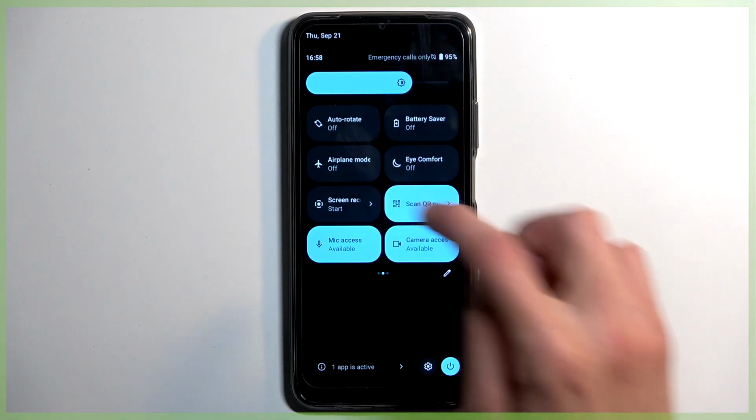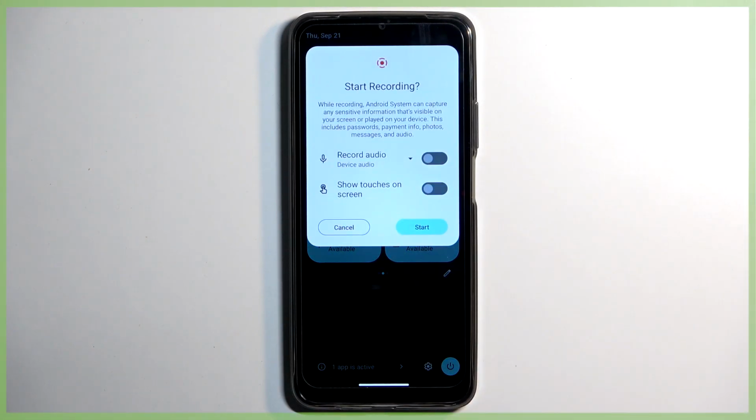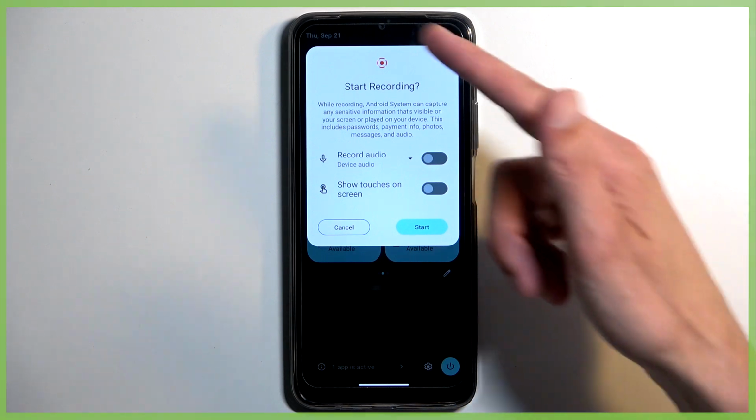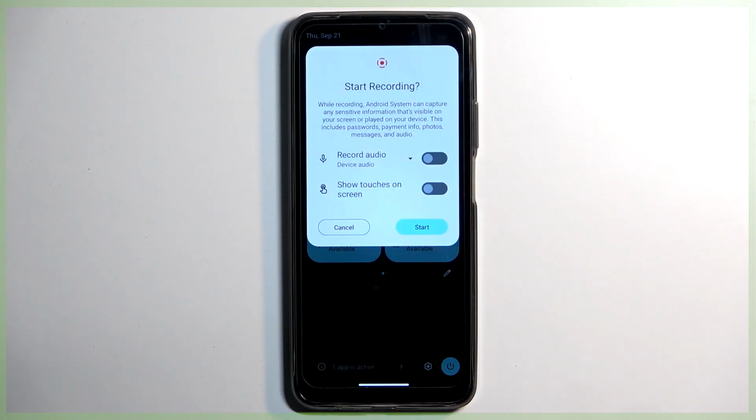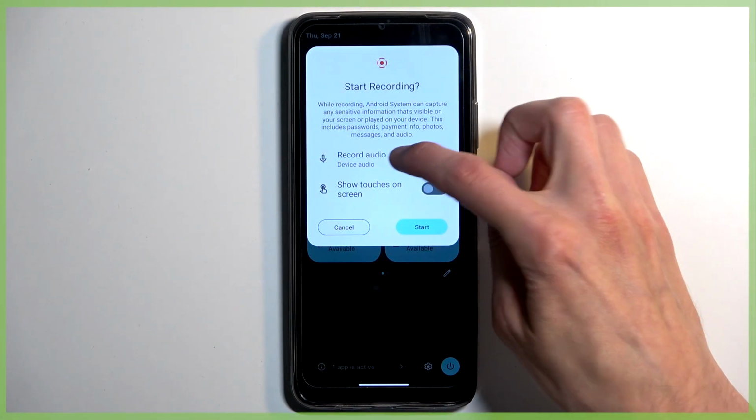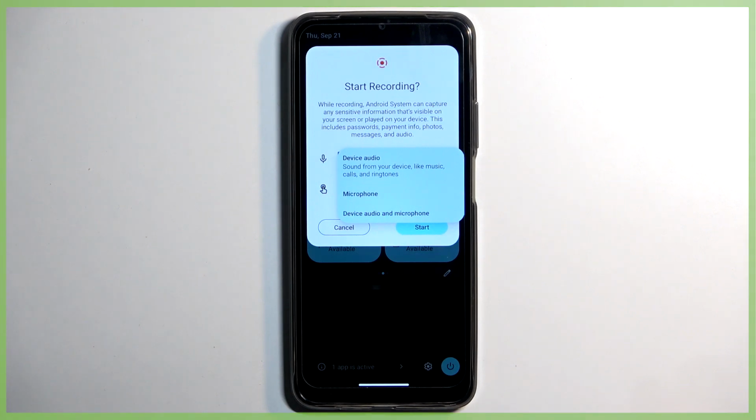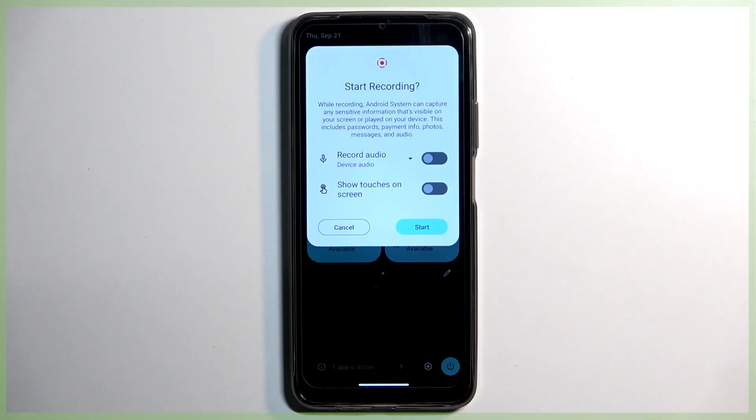Once you see it, you can tap on it. If you tap on an arrow, it will bring up this little overview right here, giving you a couple of options like record audio. Device is set by default, then under that you have microphone, or device and the microphone, and obviously if it's disabled like it is by default, it won't be recording any audio. And then below that we have show touches on screen, which will record a semi-transparent gray dot wherever your finger